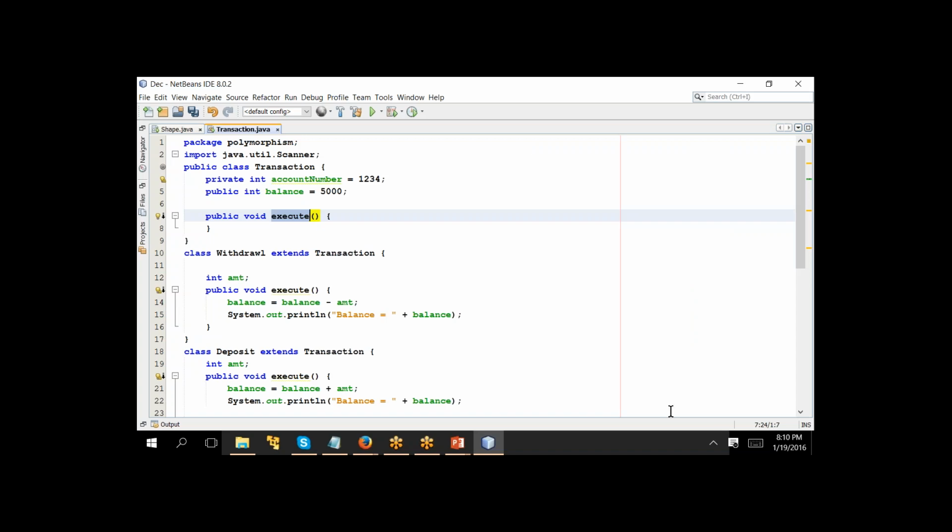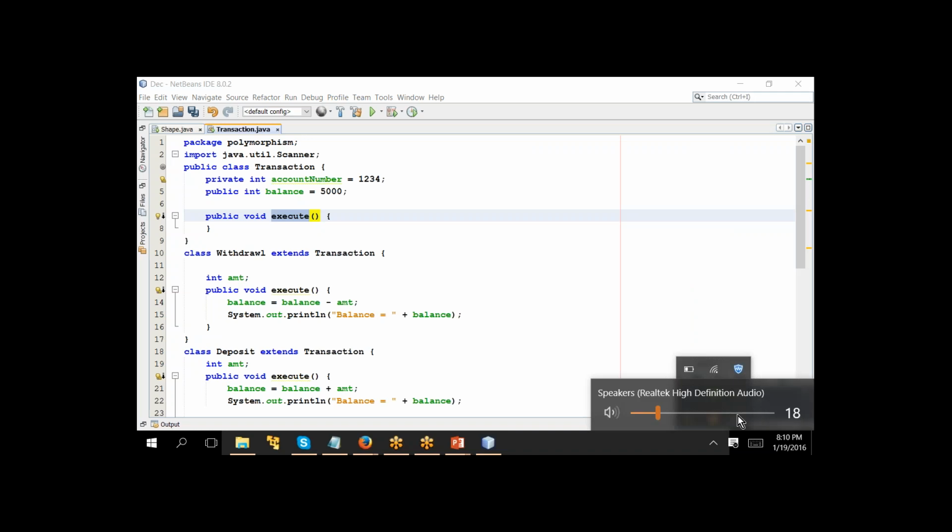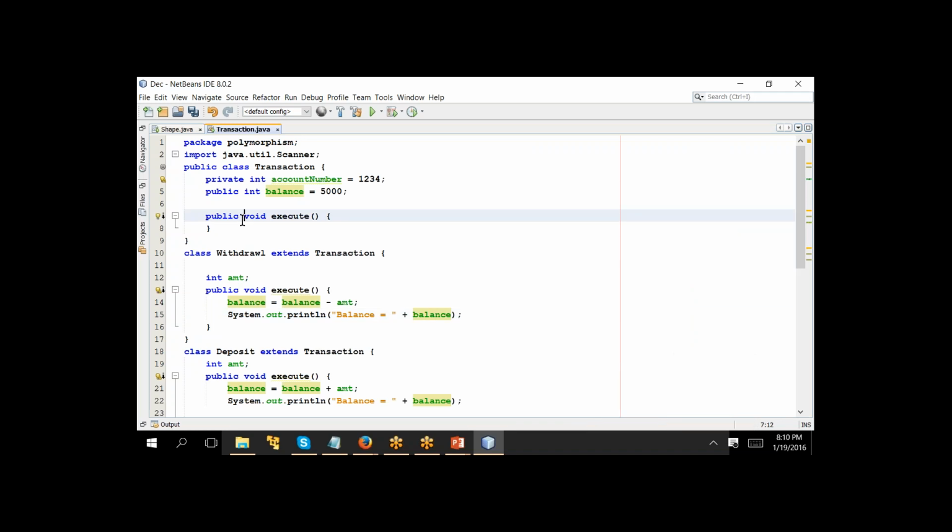If you cannot define the functionality for the method at this point of time, then these are called abstract methods. That is, you cannot define the behavior for the method, so you just mark it as abstract. Means we don't have